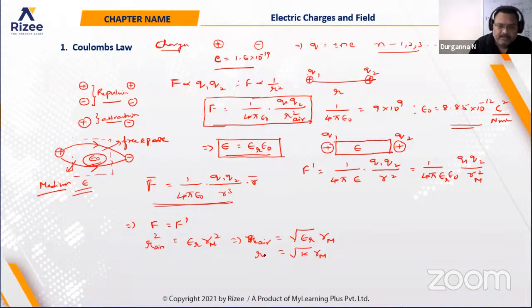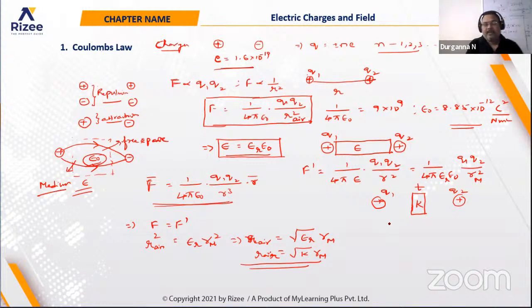This is a very important relationship, please note. Where can we use this particular thing? Suppose the distance between the two charges, one is Q1 and another is Q2. If the space between them is partially filled with a dielectric medium of thickness T, with relative permittivity K, and the distance of separation is R, then the force between the two charges can be written as F is equal to 1 by 4 pi epsilon naught into